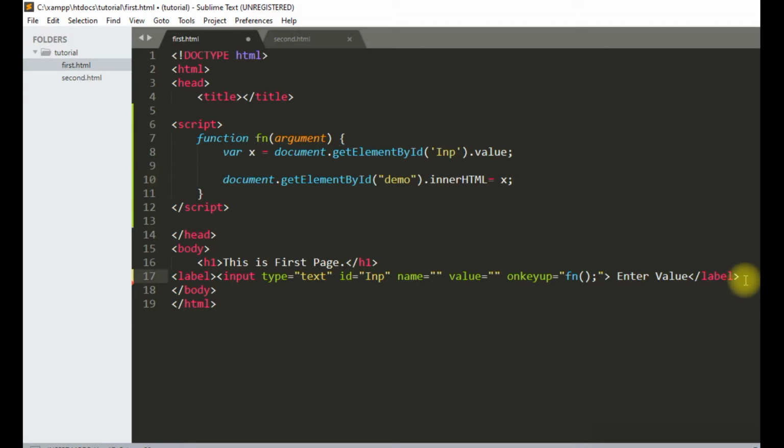To show this HTML element, I will write here h1 tag, say show me, with ID demo. So we can see that whatever the value we get from this input field with ID INP in the variable x, we will replace the HTML element here and show the value here. So let's check.